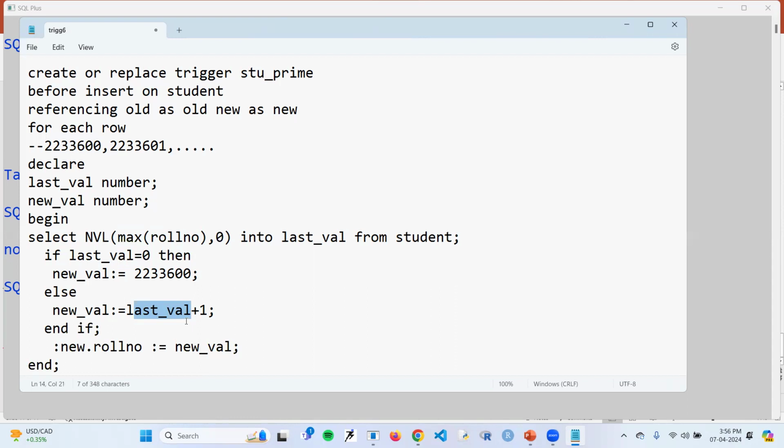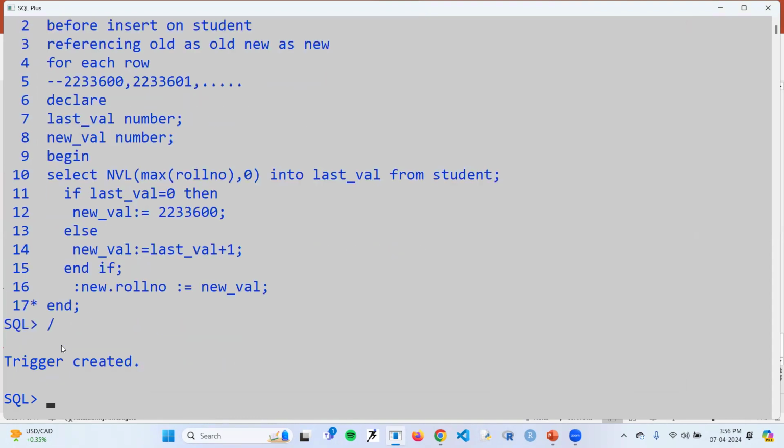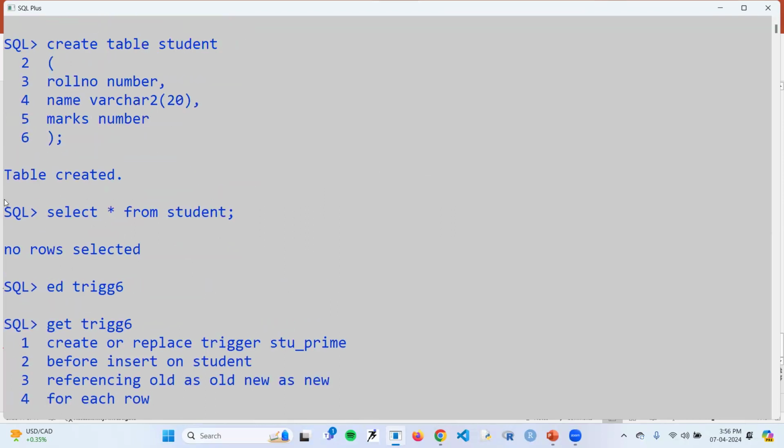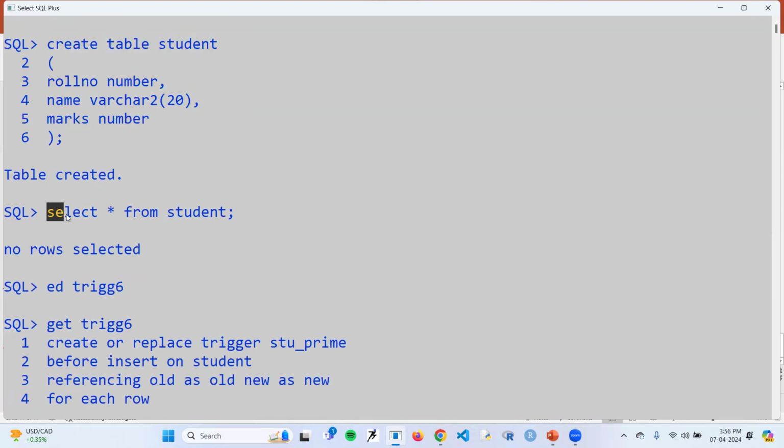So let's just save this and run this. So I'm going to check this. The trigger has been created. So we are successful in creating this trigger. Now this trigger is going to fire whenever I insert some value into this student table. And I'll show you that currently there are no